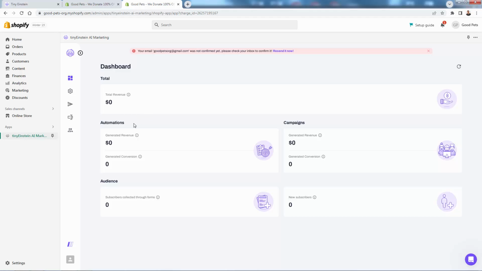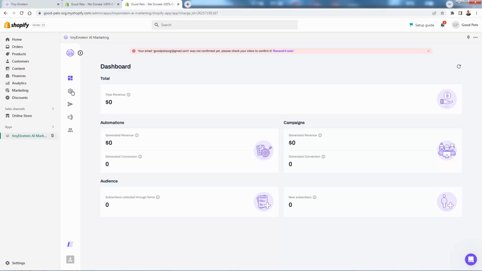Lots of different information here about how things are working. What's our total revenue, right? Talking about total revenue generated by our store. And then we see it breaking down on automations. Literally how much money has been automatically generated here with TinyEinstein's AI. And we have this under the automations, and then we also have the AI driving campaigns. And we have this for the total revenue generated by sending any campaigns through TinyEinstein. You'll see your audience size in terms of basically your email list, new subscribers, seeing how many you're growing by. And this is something you'll probably check in every day or every week just to kind of see how TinyEinstein